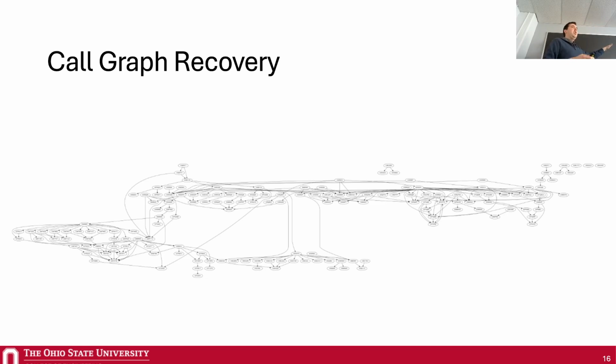So if you haven't seen a call graph before, each node represents a function and each edge expresses a caller-callee relationship. And don't worry about the details of this call graph. It's not important for this talk. But as a software analyst, when I see this it gives me pretty good confidence that we're disassembling this firmware correctly,